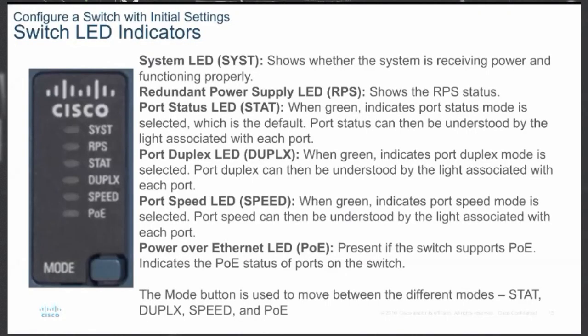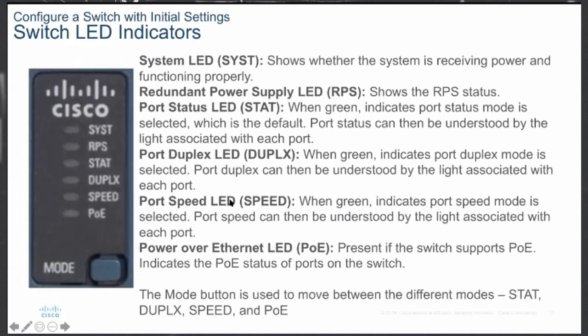Each port will also have a light. So it is associated with all these ones, stat, duplex, speed; they are associated with the different ports. The port duplex light indicates, if it is green, that the port is in duplex mode. You have read about the duplex as well as the half duplex mode. So when it is green, it indicates that port duplex mode is selected,